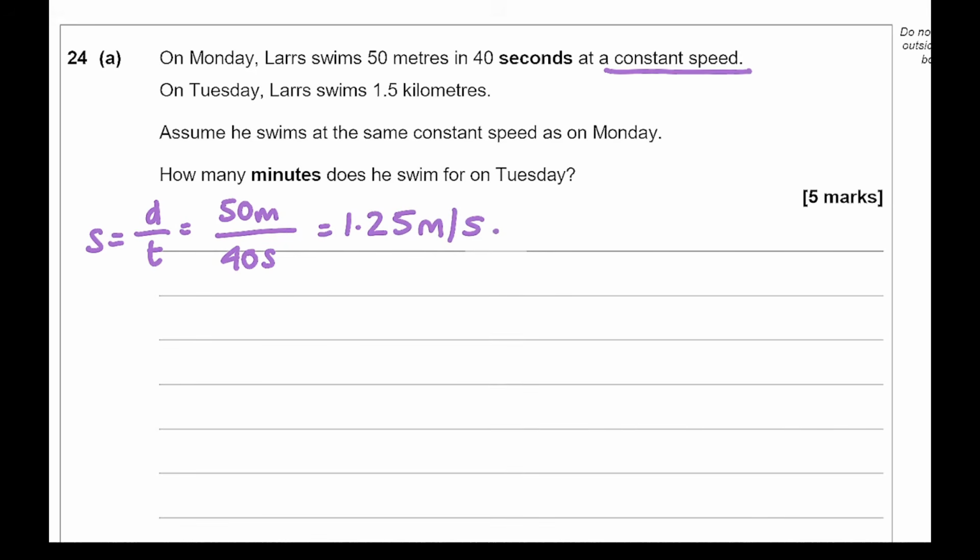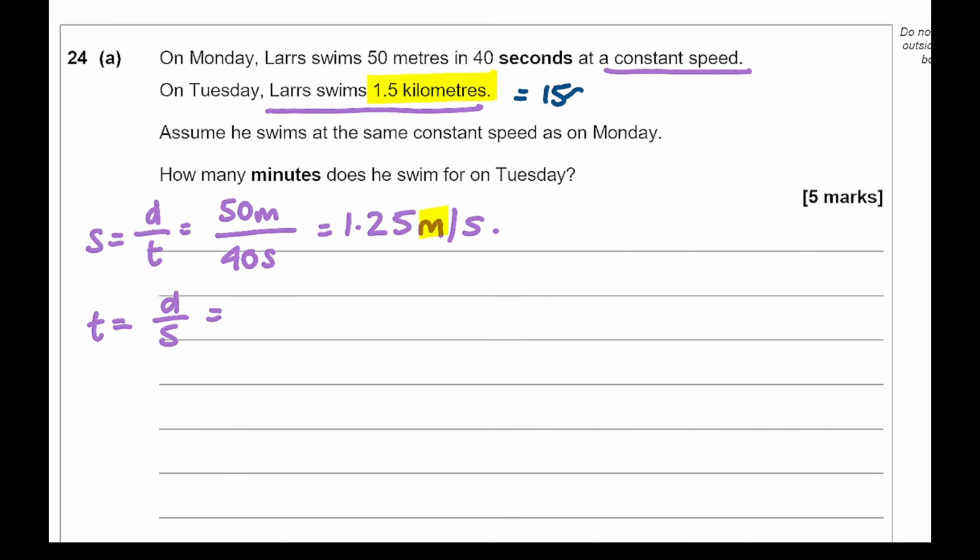Now from this, what we can then do is work out how long he is swimming for. So we know the speed, we need to know the time. So time is equal to distance divided by speed. Because the units are in meters in our speed, we need to convert this distance into meters only. At the moment we've got it in kilometers, so there are 1,500 meters in 1.5 kilometers. So here it's going to be 1500 divided by 1.25, and if I type that into my calculator, I get an answer of